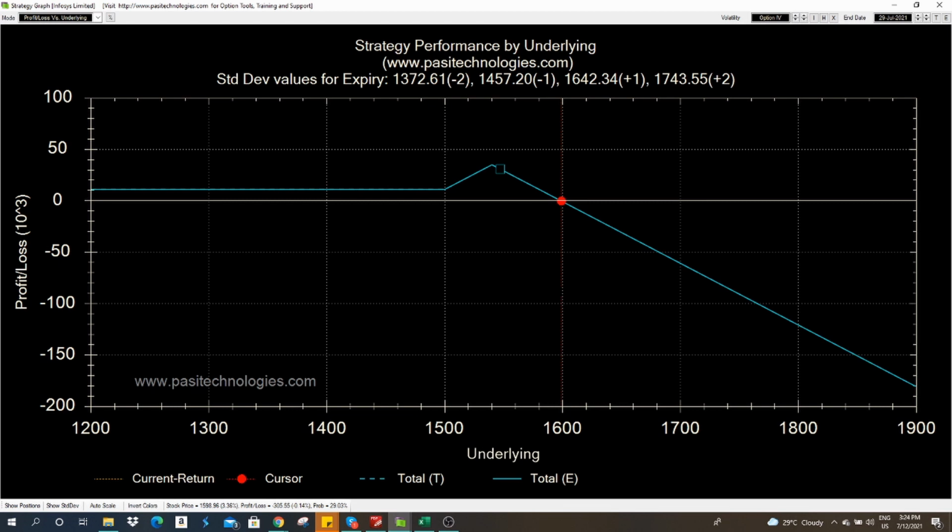Okay, so before going to discuss the profit and loss on the earnings day, I want to give you what you have to do. Suppose the market breaks 1600. There are two things you can do: either you can go long in a call option on the day of expiry when it breaks, or you can go long in the future. By doing both, you can arrest your losses.